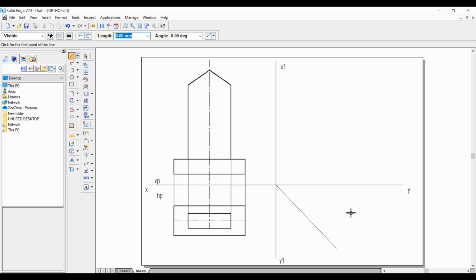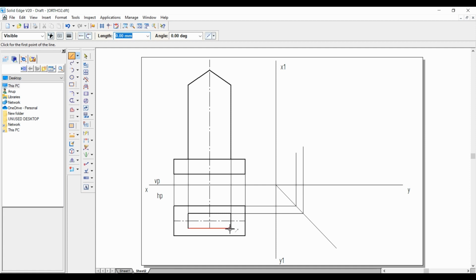Now let's draw the projection lines from the top view. For that, select every edge and connect this to the 45-degree line and then drag it to the top. Now select this second line here like this, drag this up to the 45-degree line and now to the top.